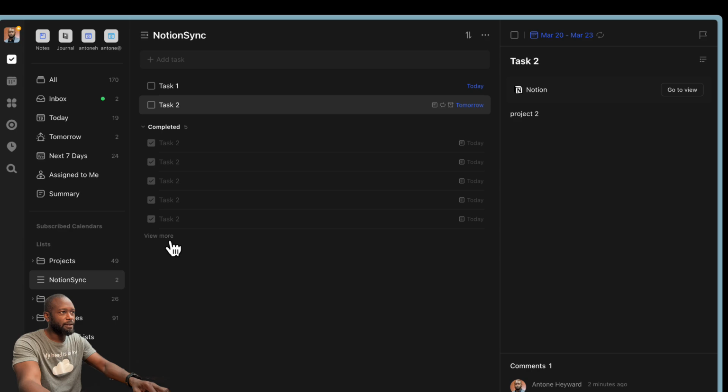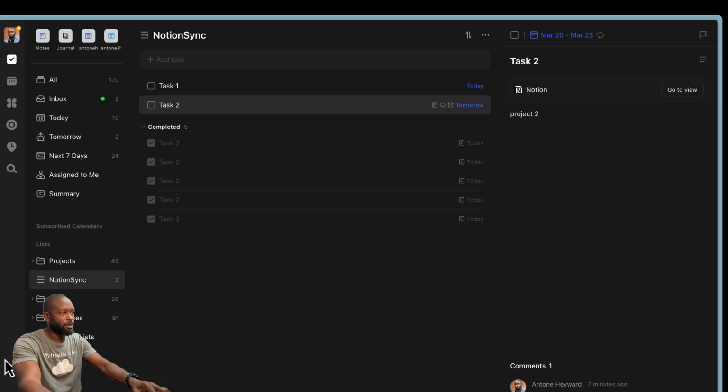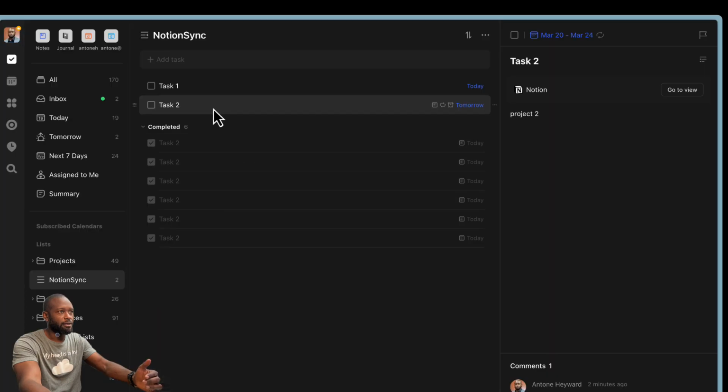Let's go to the Notion side, and we can see here it's continually just creating these. And if we come into Notion, let's do a refresh here. Yeah, there's something wrong with that particular integration, it seems. Let's do a refresh. Because what should happen here is, now that this is complete, that new task that gets created here should sync over. This is still showing for tomorrow, and it's fairly odd that this is showing that it's trying to continue to sync here. I'm going to delete this, or